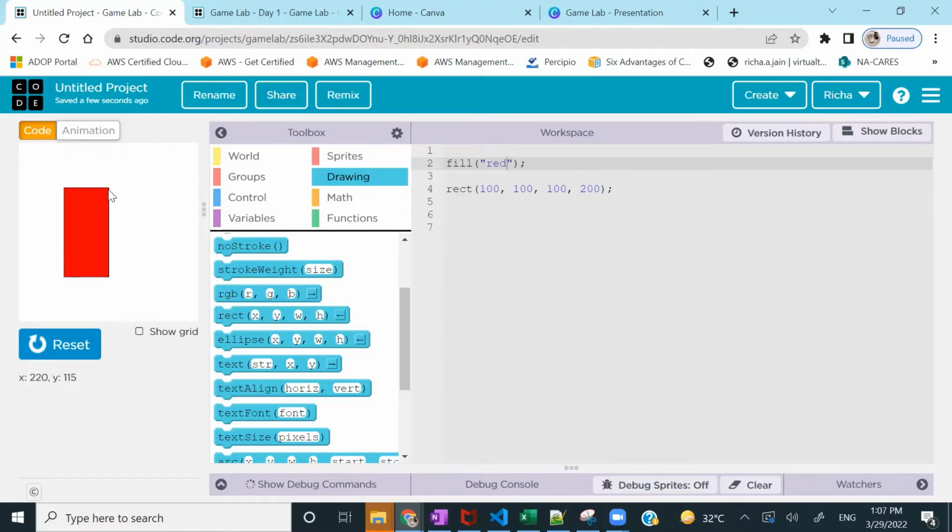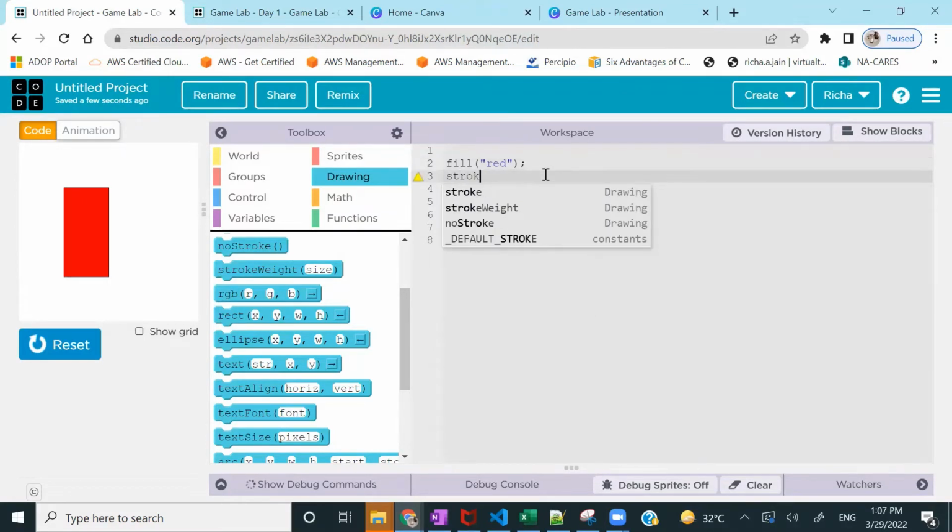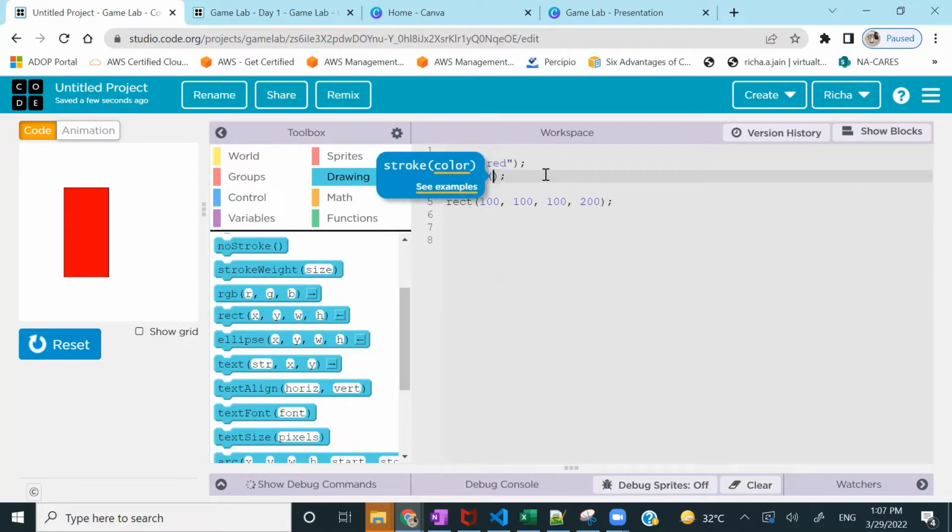You can see the boundaries. The boundaries are actually black in color. We can change that as well. For this, the command we can use is stroke. This is the stroke which defines the boundary. So we can say stroke color. For example, if I want the stroke color to be yellow, I can mention the stroke color to be yellow. Yes, so here my stroke color is yellow. Let's make it maybe green. It will become green. My stroke color will be green.